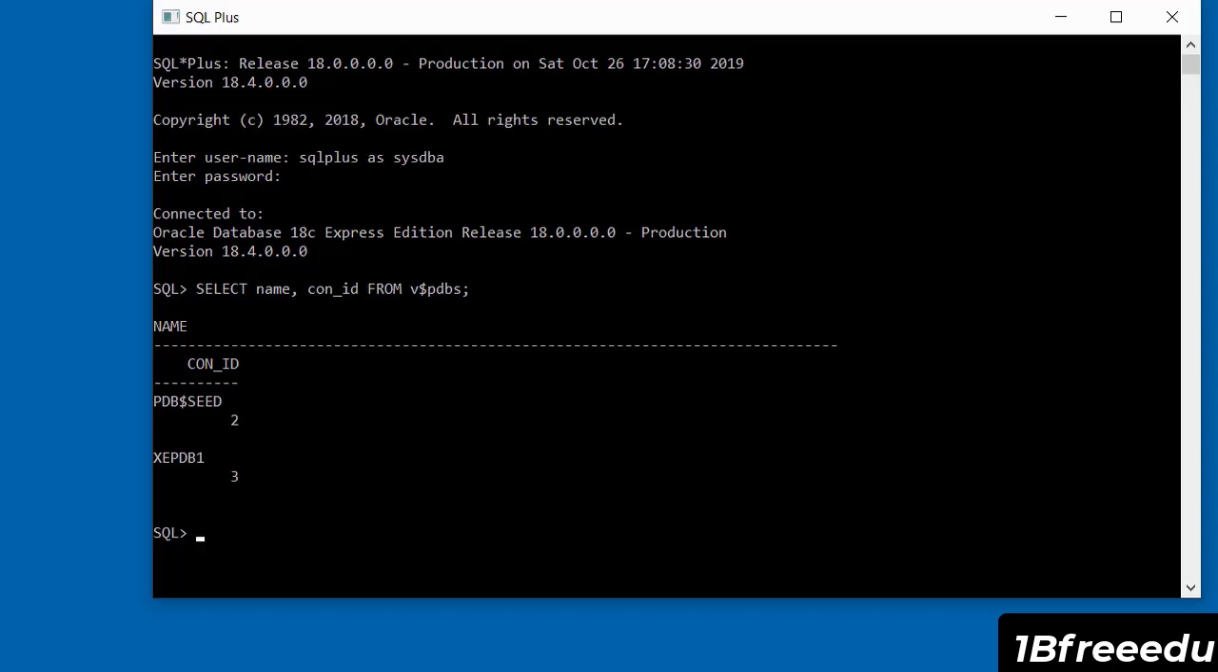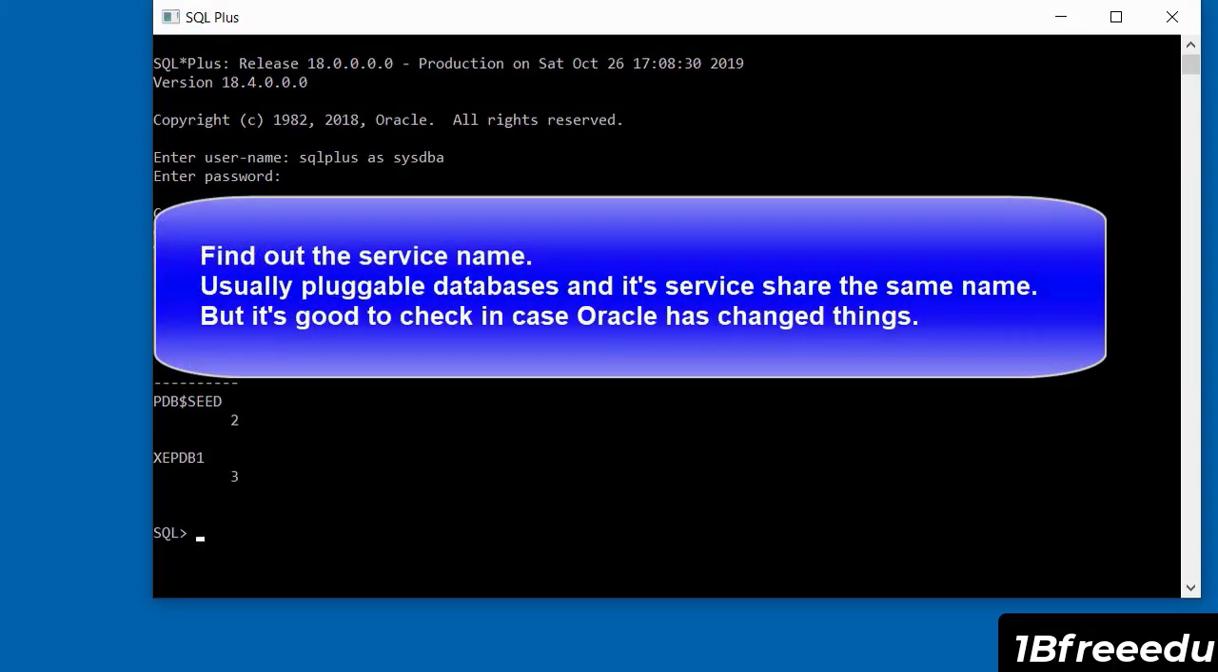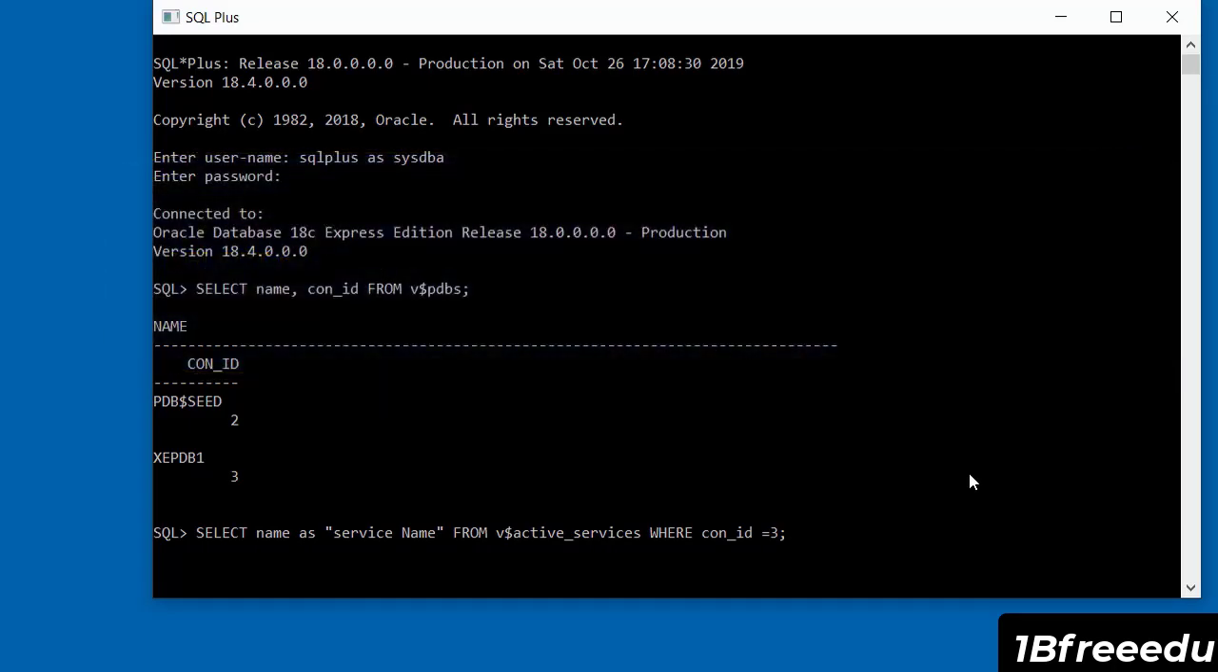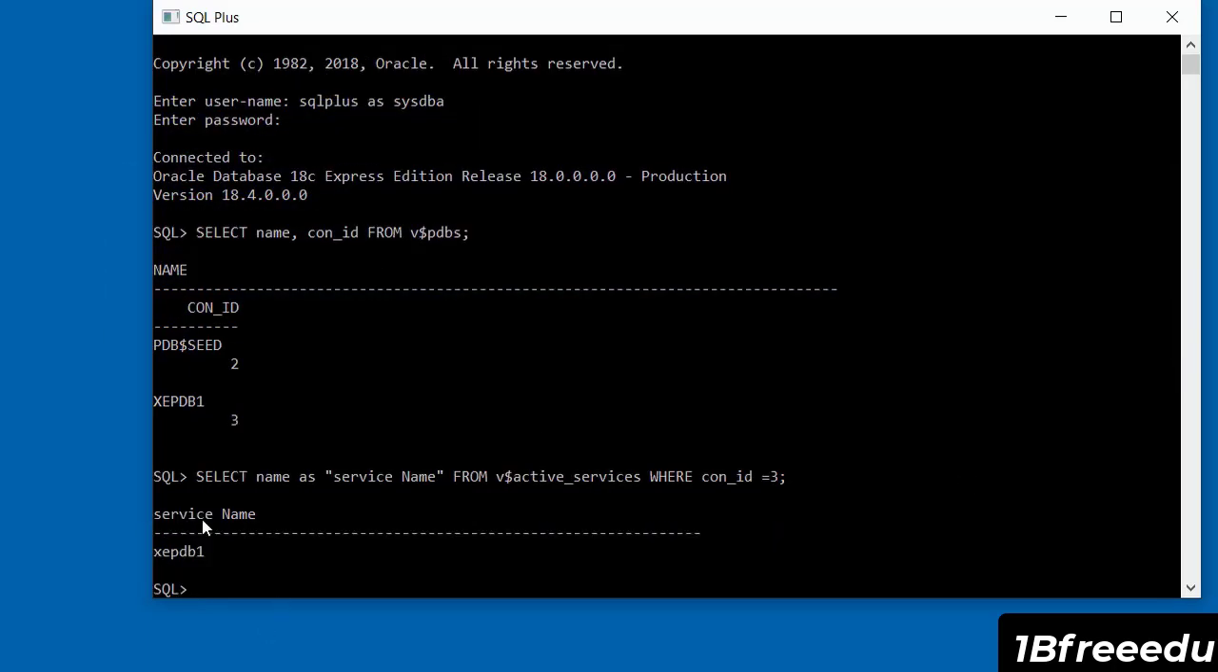The next thing we want to do is find out the name of the service. So to find out the name of the service, this is the query you type in. You select the name as this alias, service name, from this underscore where the container ID is 3. We've already identified the container ID we want is 3. So to find the service name, we execute that query. I'm going to press enter, and it's giving me the name of the service, which is